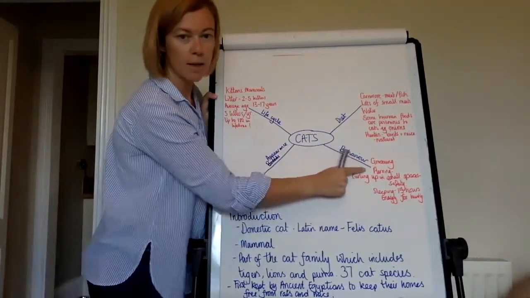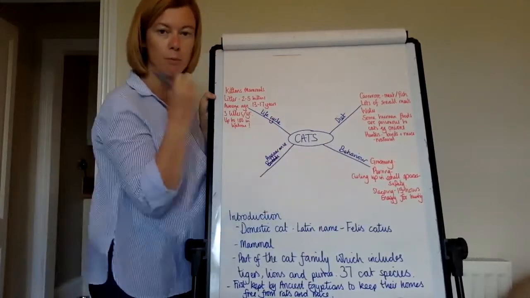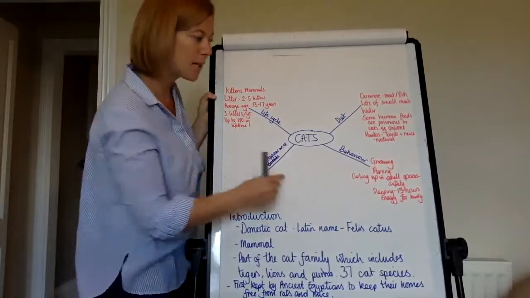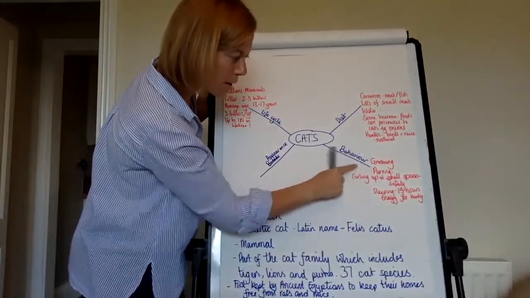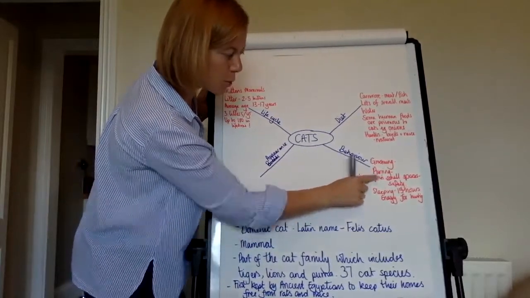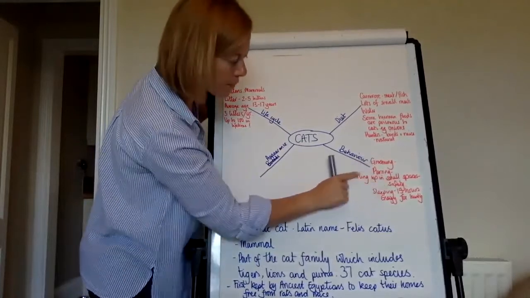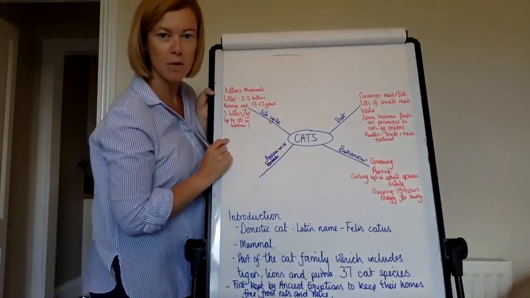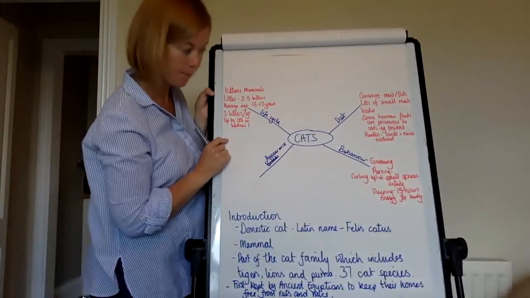Cat behaviour. Cats spend a lot of time grooming. They have barbs or hooks on their tongues and they lick their fur and they clean it. They purr when they're happy. They curl up in small spaces, which makes them feel safe. And they sleep for about 15 hours a day usually, and that gives them lots of energy for hunting.